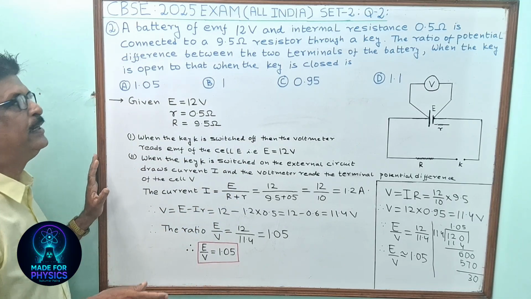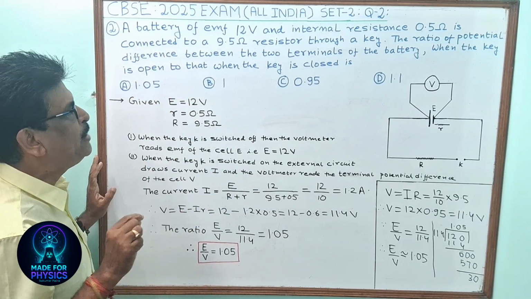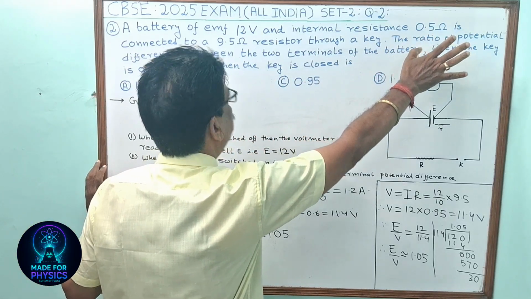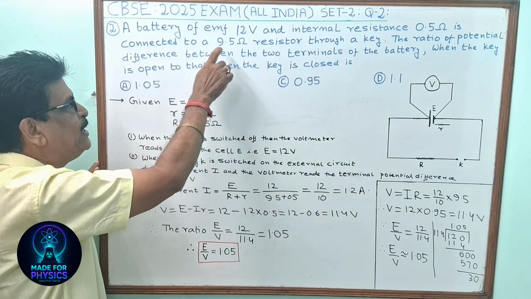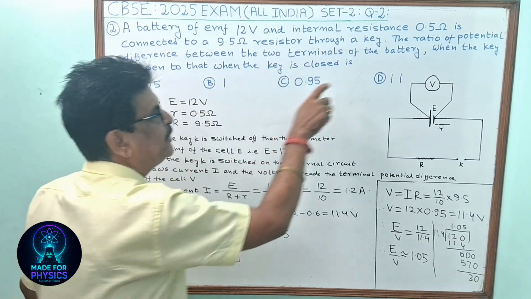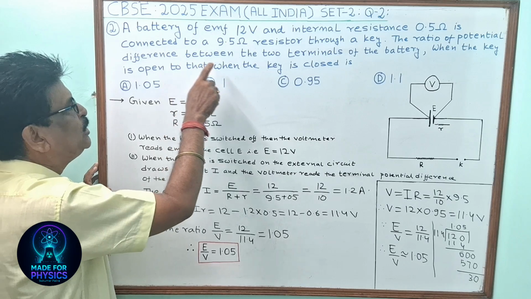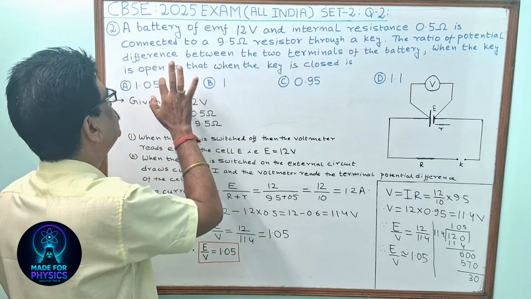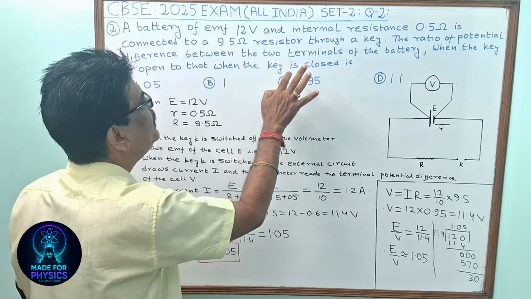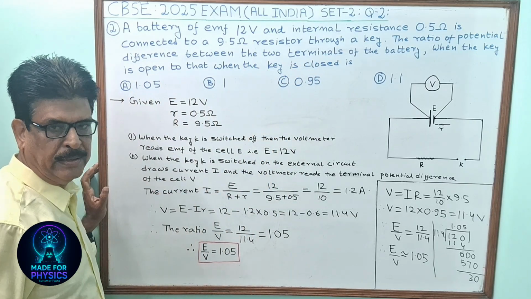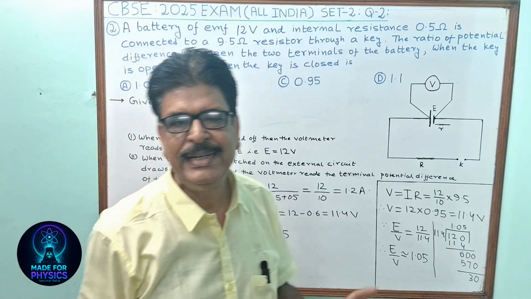The question reads: A battery of EMF 12 volt and internal resistance 0.5 ohm is connected to a 9.5 ohm resistor through a key. The ratio of potential difference between the two terminals of the battery when the key is open to that when the key is closed is. You have the following 4 options. हम लोग को करेक्ट ऑप्शन निकालना है।